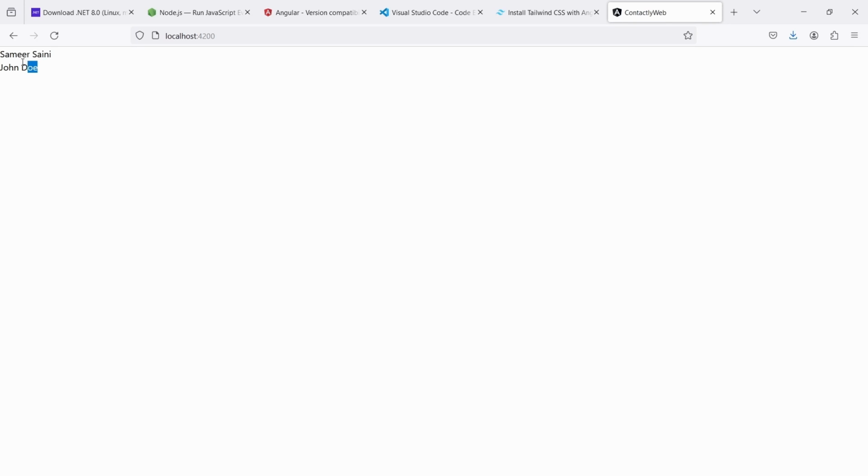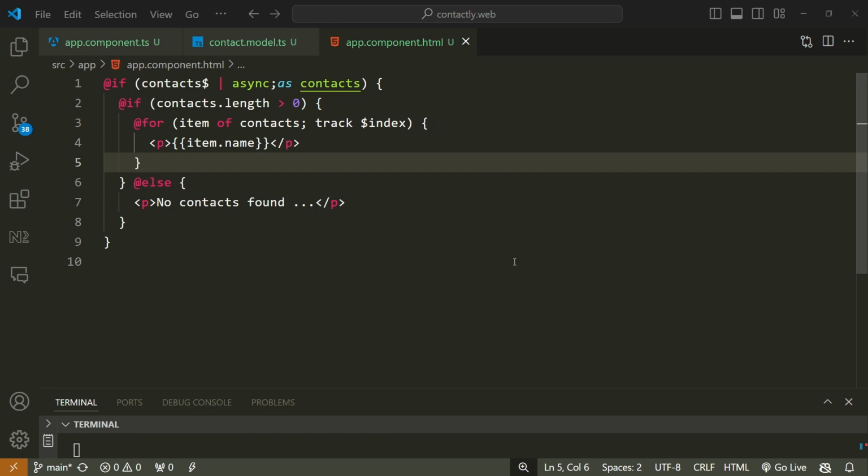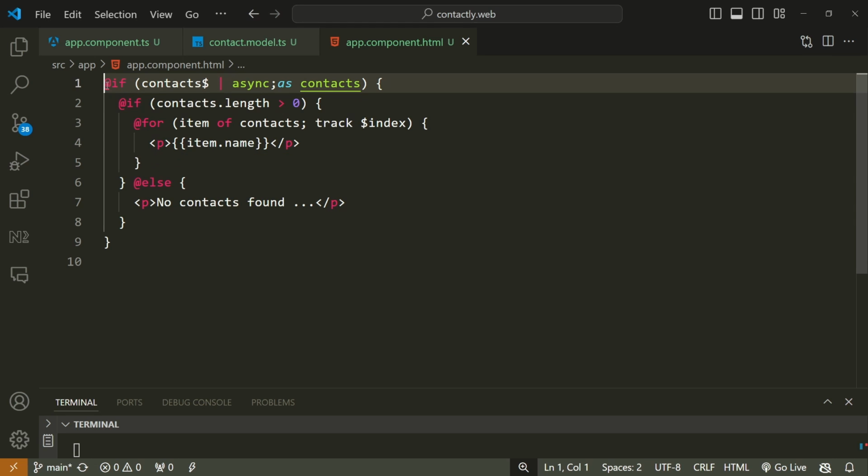It's not the prettiest of sites ever, but I do want to use Tailwind CSS and style this application. If you're not into styling or into Tailwind CSS, you can go to the GitHub repository for this application directly, and you can copy the source code from there. I'll put a link in the description down below, so you can go there and copy the HTML yourself. So back to the application, we now want to style this app.component.html,